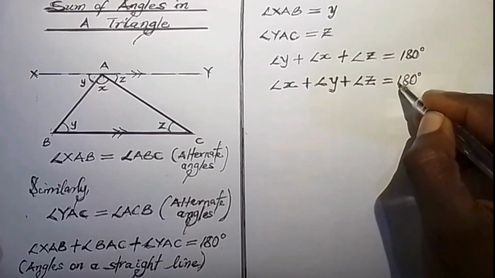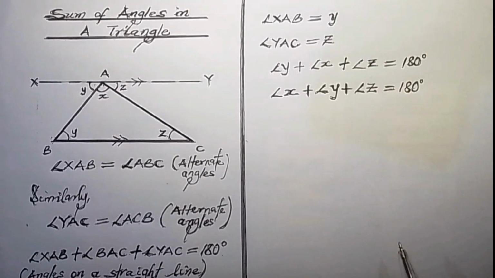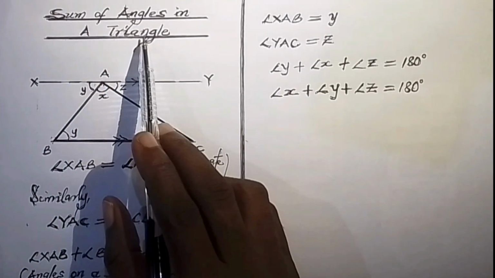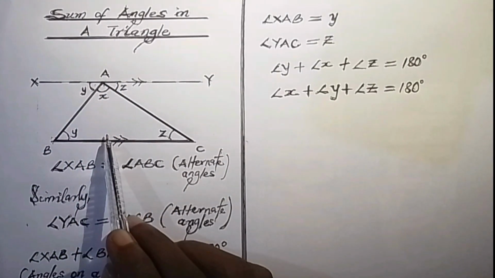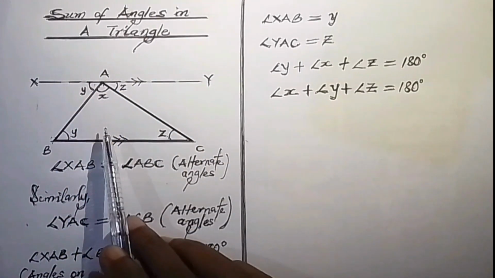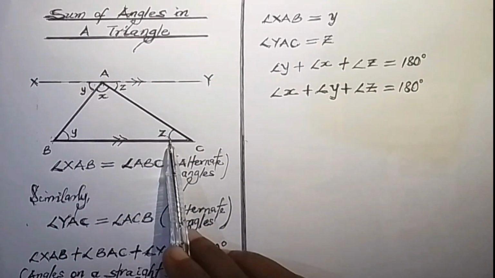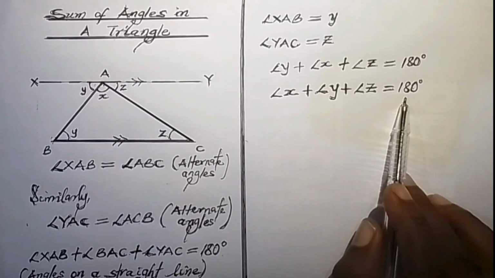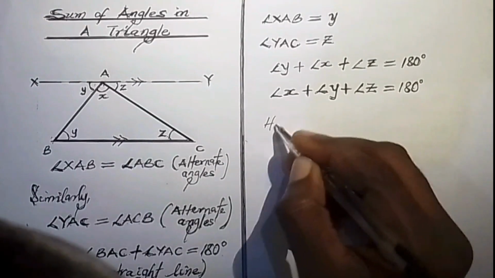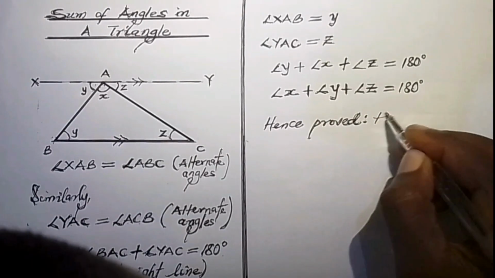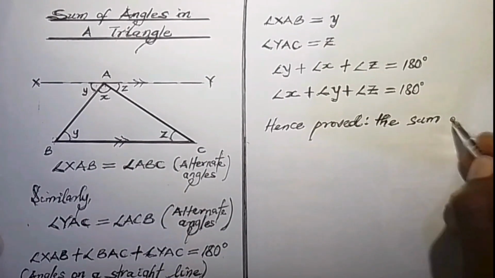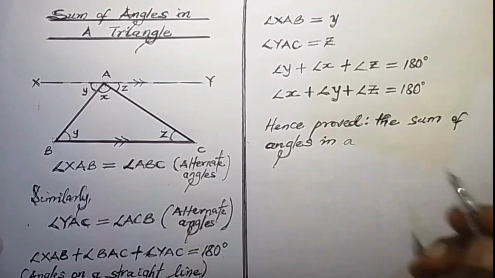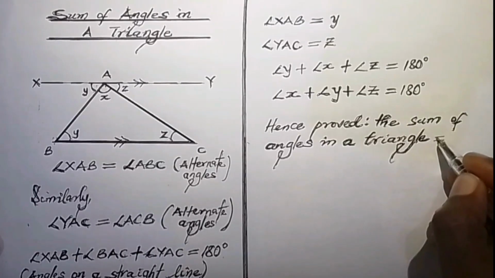180 degrees. But remember, our interest is on the sum of angles in a triangle. So coming back to this triangle, what is the sum of the angles? X plus Y plus Z. And that is exactly what we have here. Hence, it is proved. Hence, proved. The sum of angles in a triangle is equal to